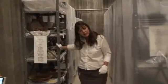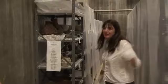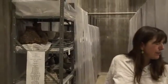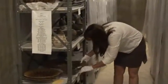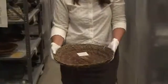The Mason family. Yes, Fred? Mason, okay. I left my cheat sheet back there. Are these the Mason family objects, 2014, 2015? Are these Mason related? We have everything from the turn of the century, Hopi sifters, Hopi baskets,